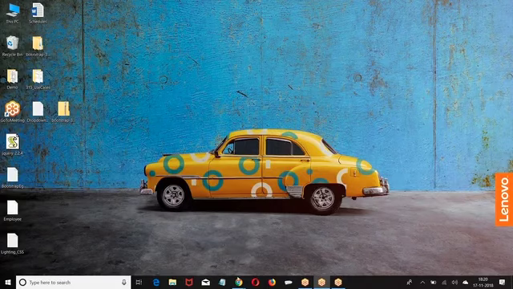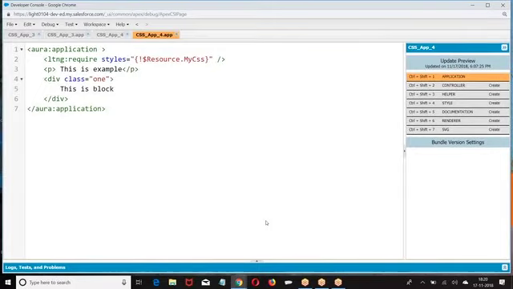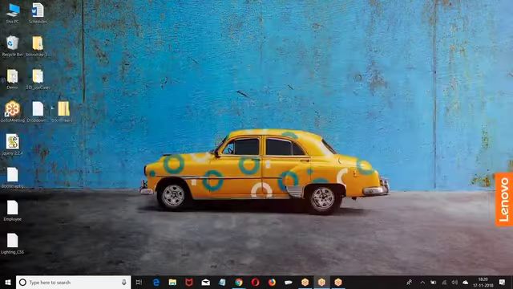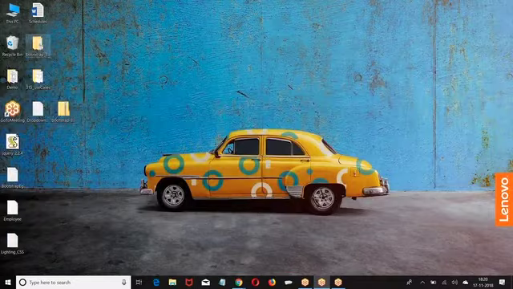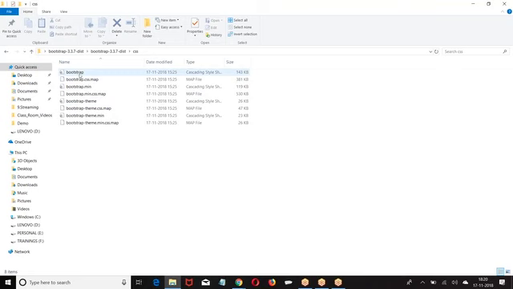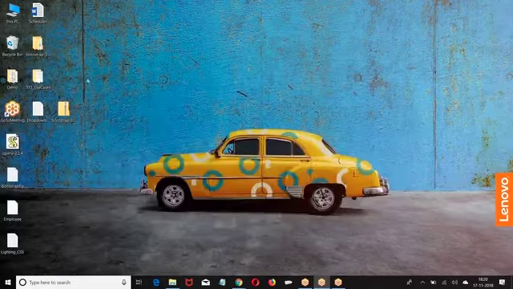I have done one or two examples before explaining, so I already uploaded them as static resources. What is the name of the resource? Satish. What is the name of the other resource? jQuery. Now if you go to the static resource, Bootstrap, CSS. In the CSS we have bootstrap.min.css, bootstrap.css, all these are CSS files. Okay. Now look at the first example.